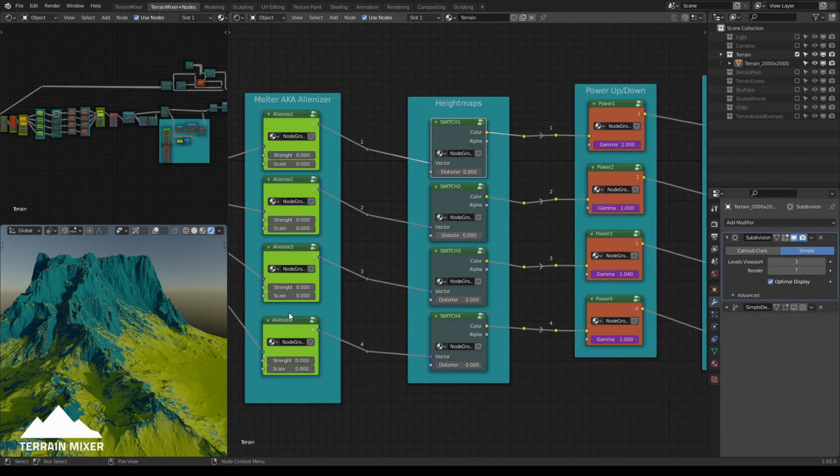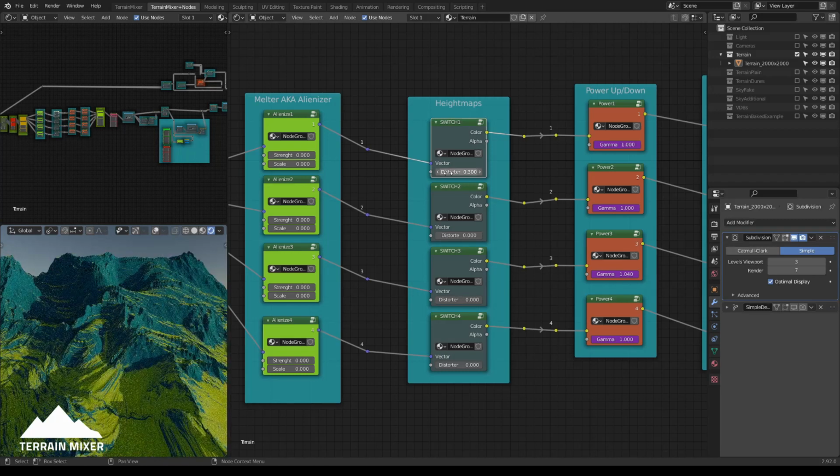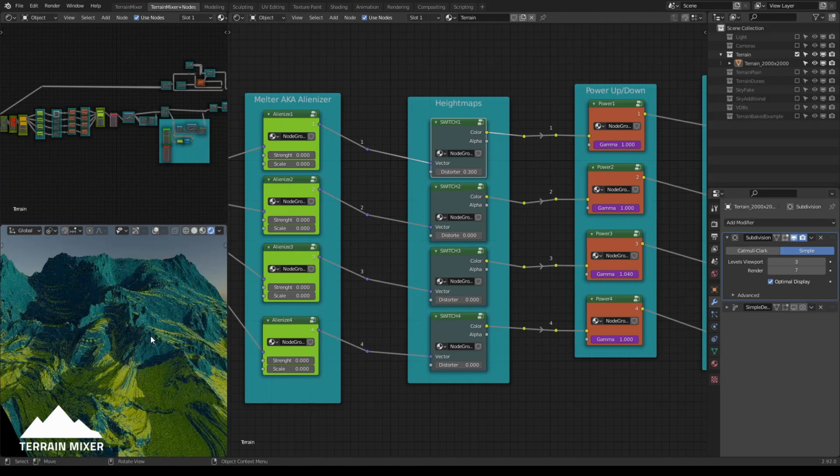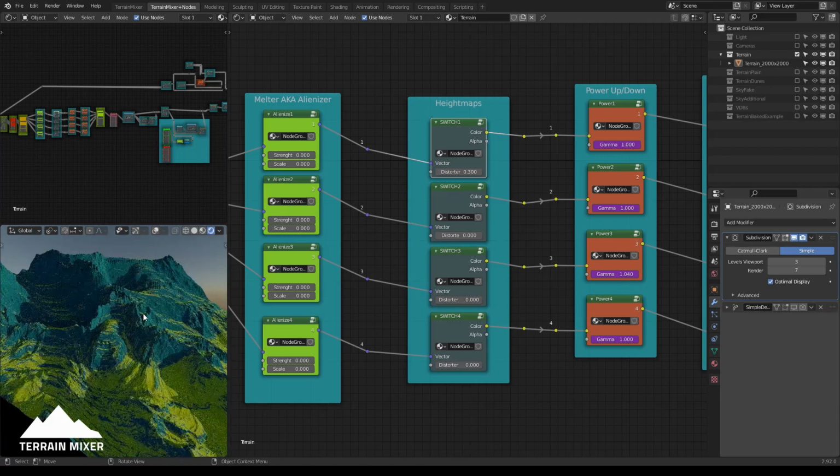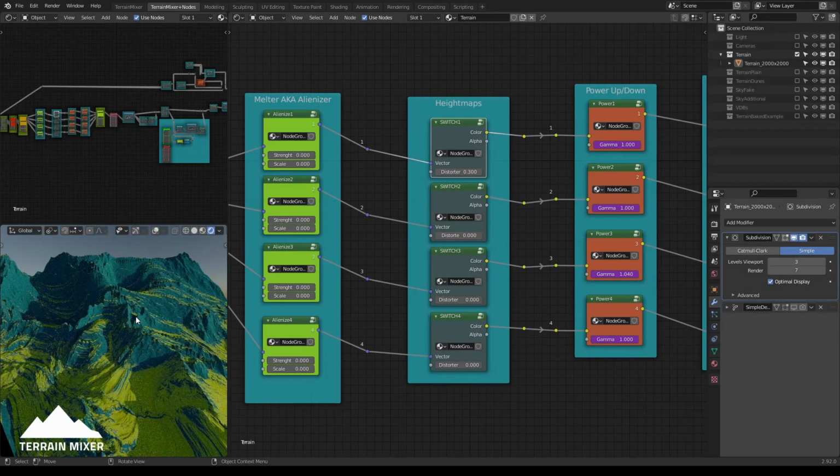Now also while we're here, I will show you another operation that is similar to the smudge operation for the scatter master, and that's distorter. So you can go here and just move the slider a bit. This is very useful because it gives you some additional, interesting details. It breaks the terrain, stretches it, distorts it, and you can use it when you want to make a shot of the mountain range, or